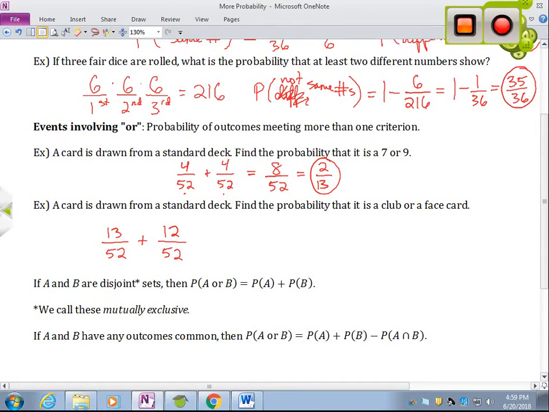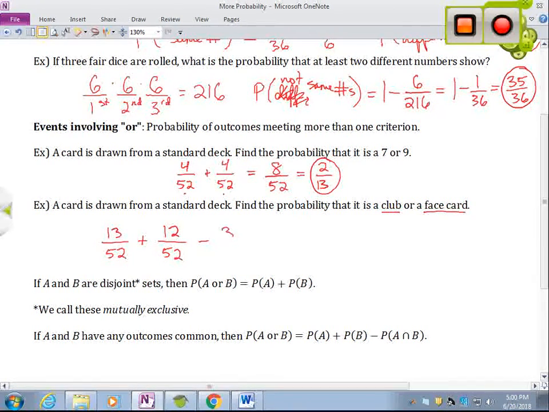But I have a little bit of a problem. Okay? If I'm looking at a deck of cards, there are actually 3 cards that satisfy both being a club and being a face card. Okay, because I've got a jack of clubs, a queen of clubs, and a king of clubs. And the probability of choosing those 3 cards is not higher than the probability of choosing any other card, okay? It's not like there's 2 of each of those. So really, I don't want to count those, okay?